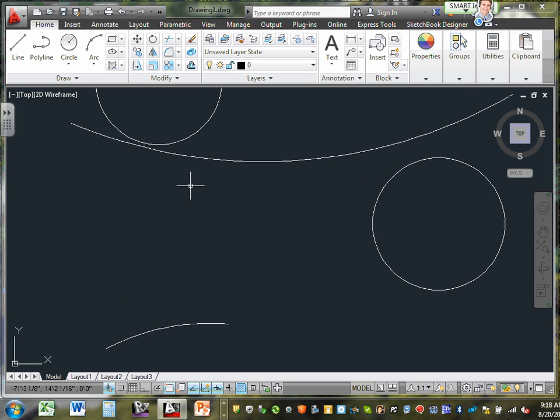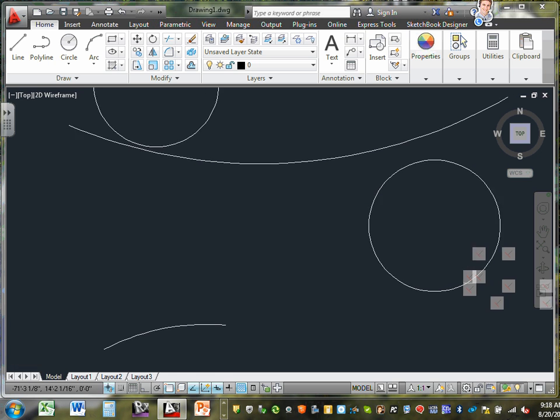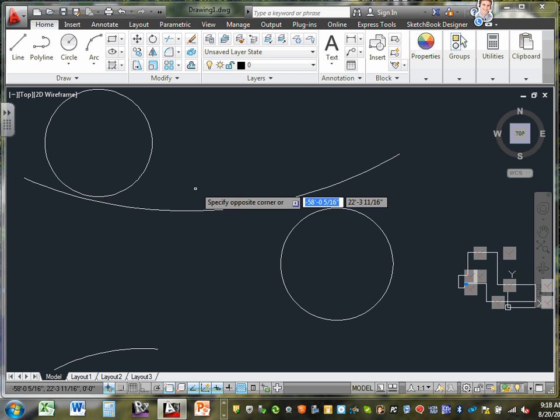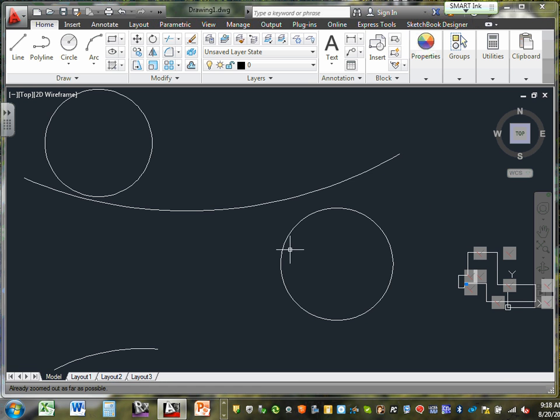When you get into this, can you guys hit Z enter, E enter? That will zoom you all out. Z enter, E enter. If you want to